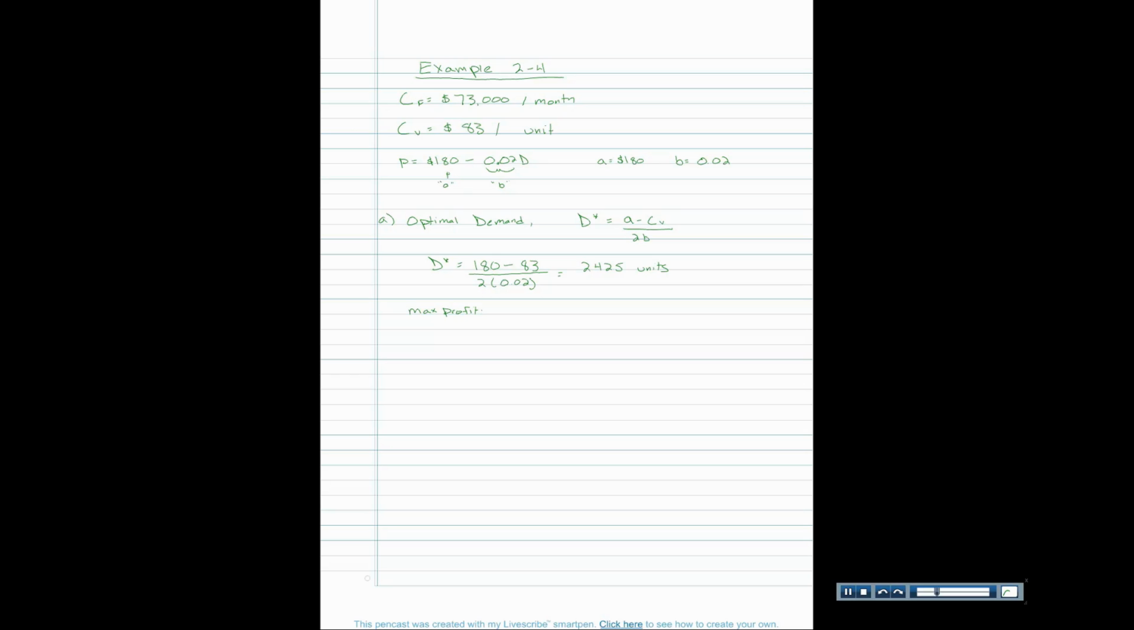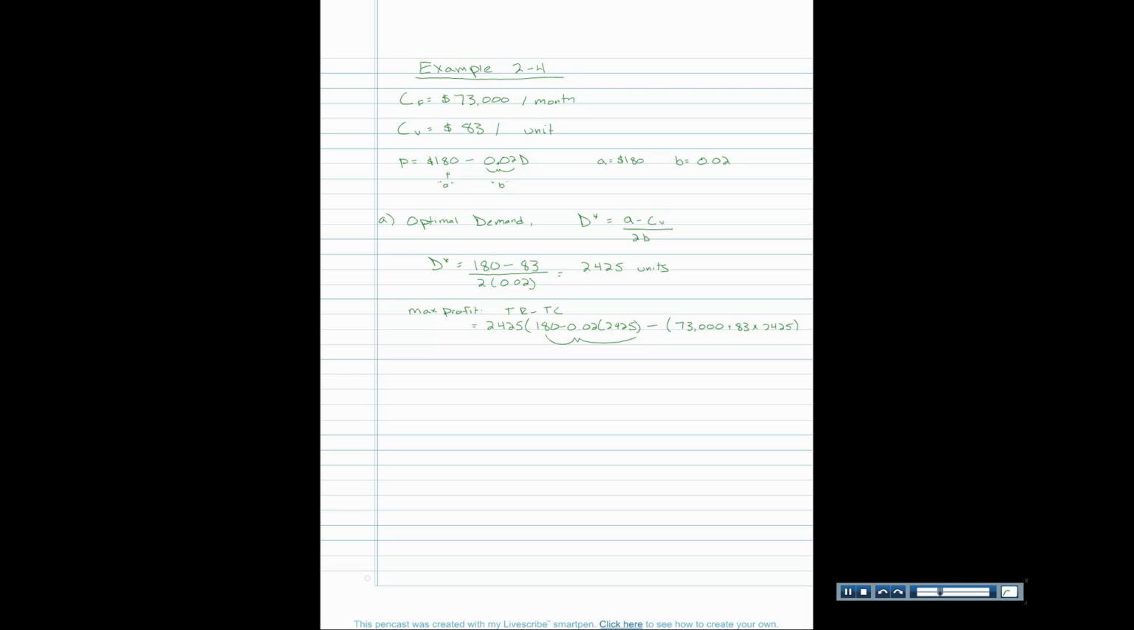Since we've just calculated the optimal demand, we might as well get that. Max profit at that demand is going to be the total revenue minus the total costs. And so the total revenue, if we're selling 2425 of them, is 180 minus 0.02 times 2425. Now what we've just done there is we found out what the selling price is. So we're going to calculate that in a moment. Minus the cost, and our cost function is that it's 73,000 regardless of how many they sell, plus $83 per unit, and we're selling